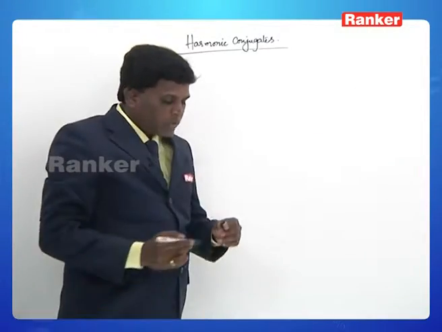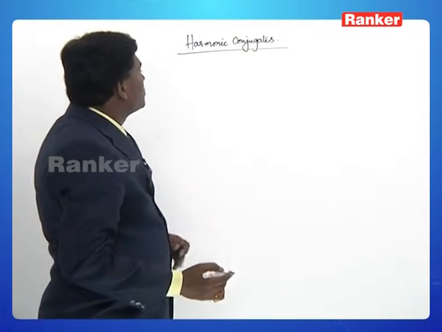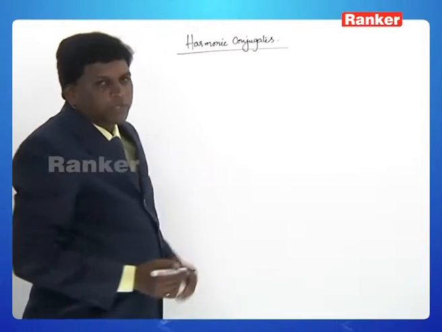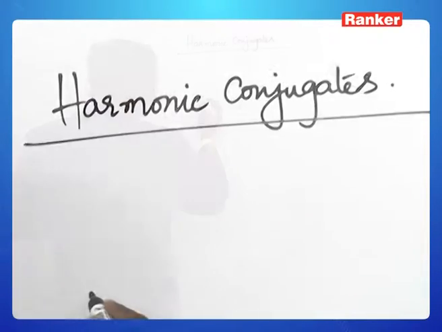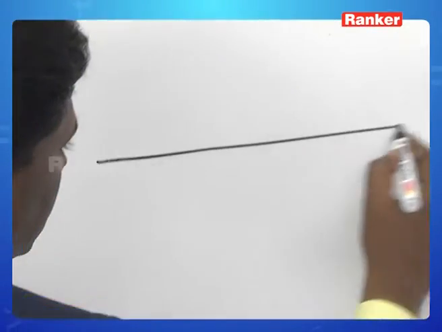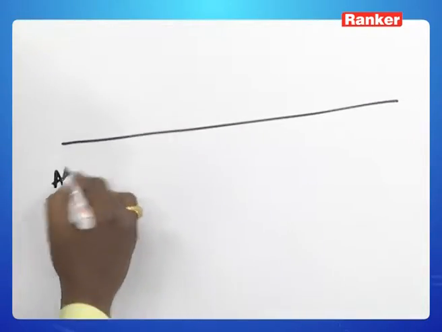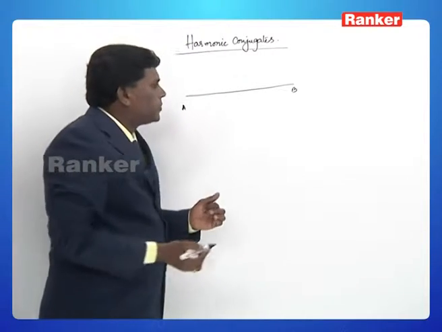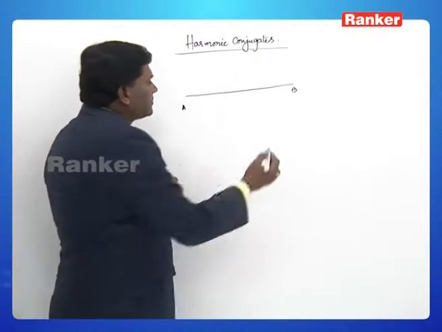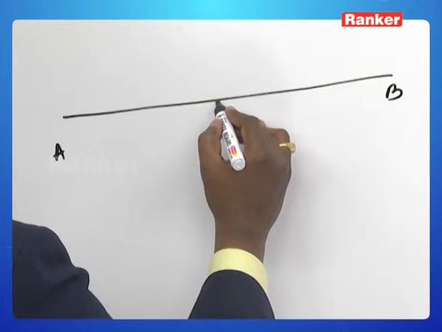Now let us concentrate on one more important conceptual point, harmonic conjugates. When do you get these harmonic conjugates? What are these? Let us have a look here. Suppose A, B are any 2 points in the coordinate plane where